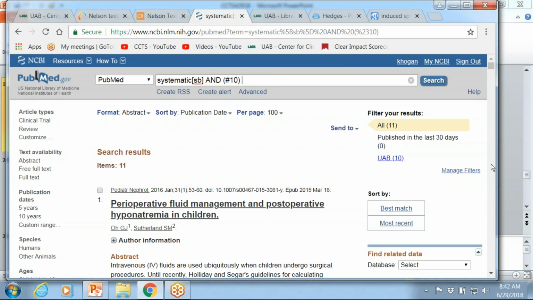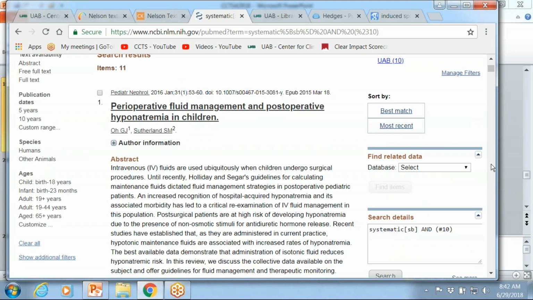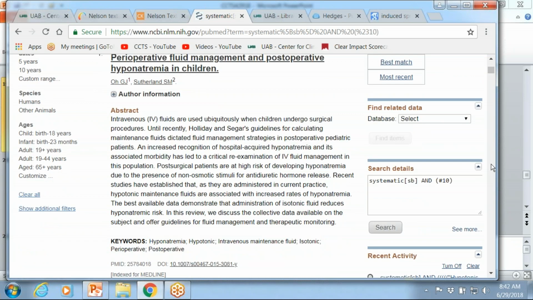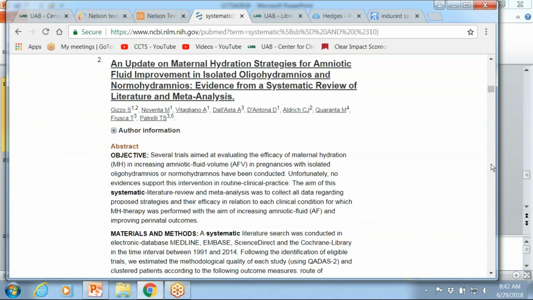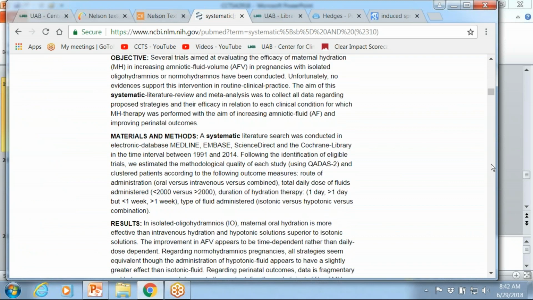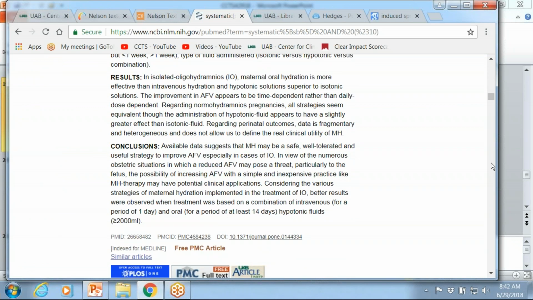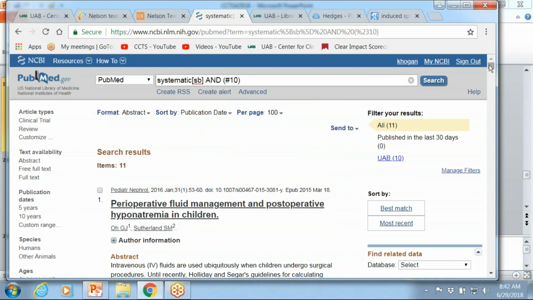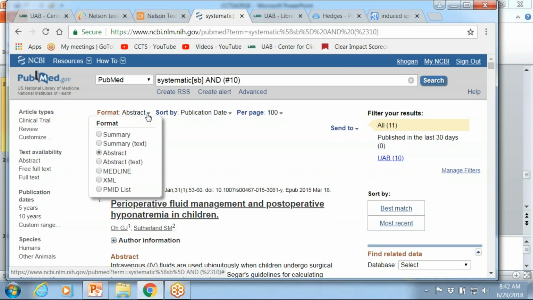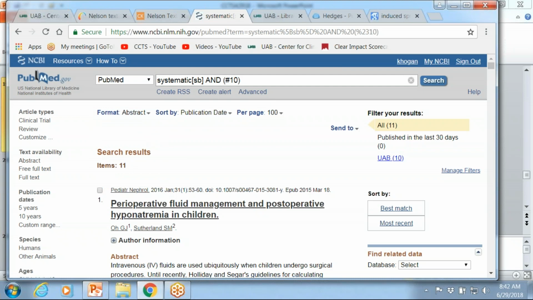You'll notice when I did my searches, it's kind of automatically set up to where I see the abstracts, the abstract view. It's supposed to highlight the terms that I looked for. You can set up your preferences for your settings and stuff. If you haven't set that up, by the way, you can change that format by clicking on the format pull-down menu. But I have it set up automatically.